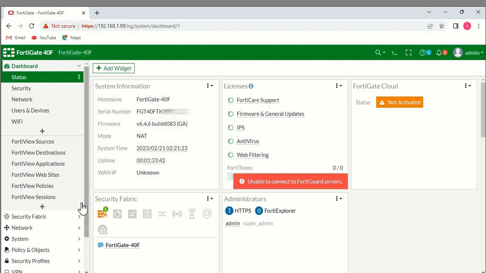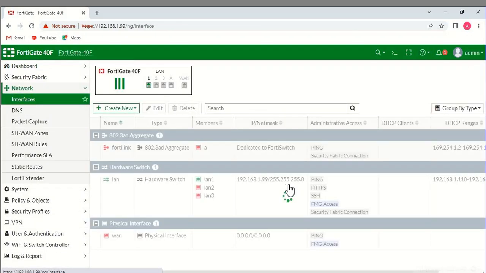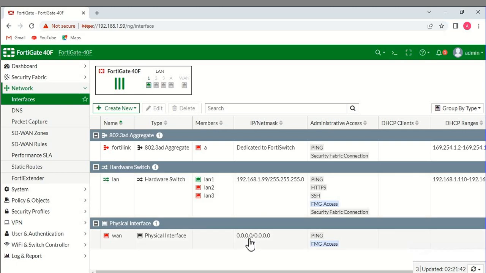Okay, so for the basic configuration, let's go, first requirement, you can say basic configuration, is to register the appliance, then put the network information. So let's go to network interface. Here if it's a Fortigate 40F device, there will be a single WAN port, and if it is a device like 60F or 80F, there will be two WAN ports given, like WAN 1 and WAN 2. So let's edit WAN 1